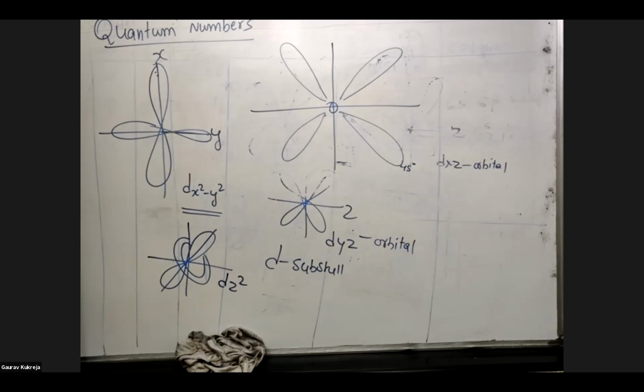So why aren't xz and yz overlapping each other? D, xz and yz. No, they are not overlapping. Xz is a different orbital, a different plane. Yz is different. How many planes are there, beta? XY plane, YZ plane, and XZ plane, right? Three different ones, right? They are at 90 degrees different from one another.